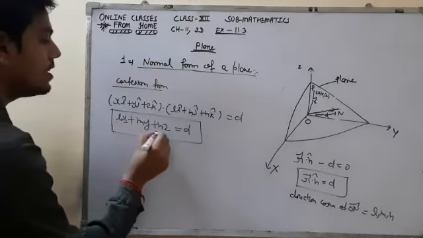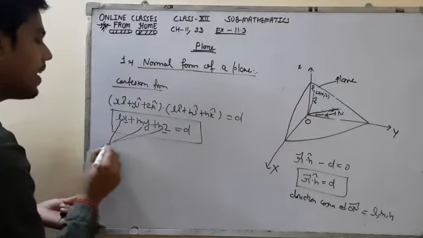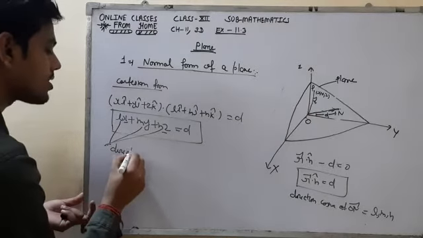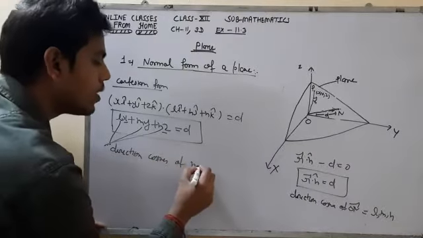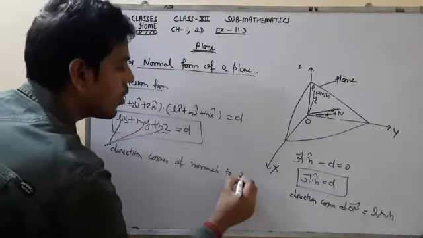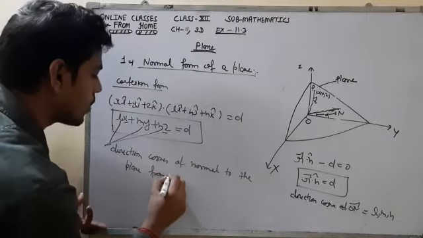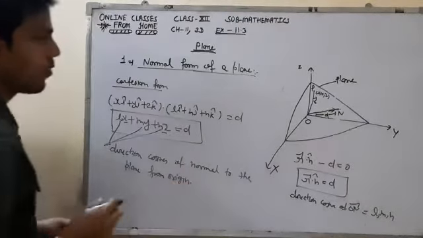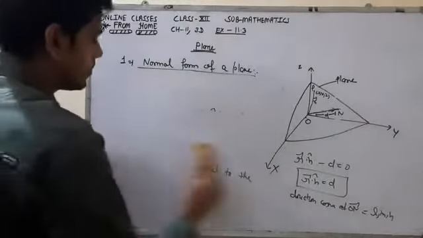Here x, y, z is any random point on the plane and l, m and n are the direction cosines of the normal to the plane from the origin. Okay students, so this is the normal form. Now the second form of the plane is